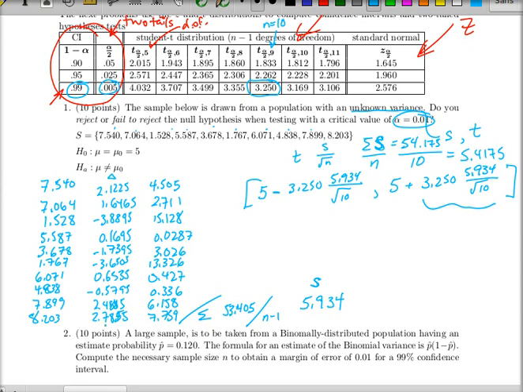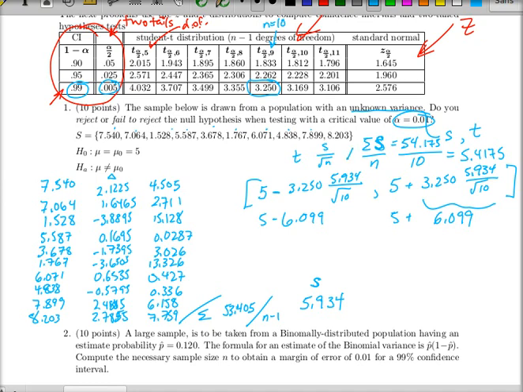Clear. 10 square root, and 1 over that times 3.25 times 5.934 times 0.34 equals 6.099. 5 plus that and 5 minus 6.099. This is a very big region, and clearly